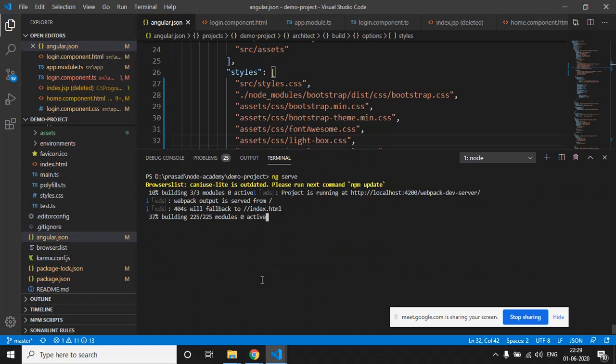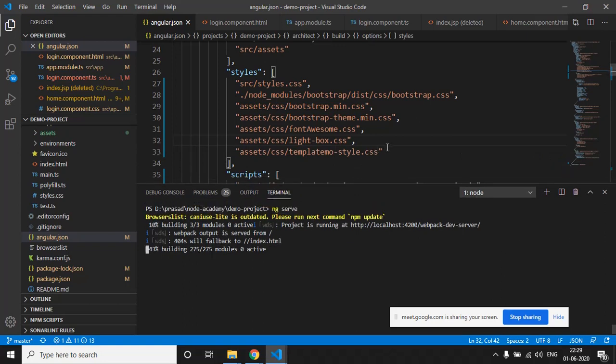So now what the Angular compiler is doing is compiling all these external CSS files which are given in this angular.json file, and it will map all the CSS to our Angular application.